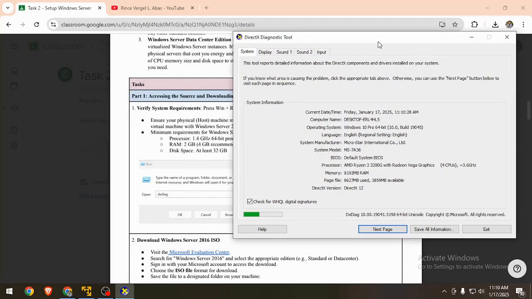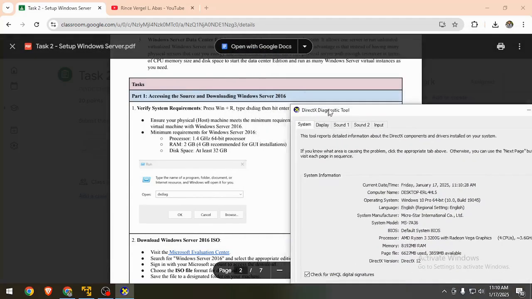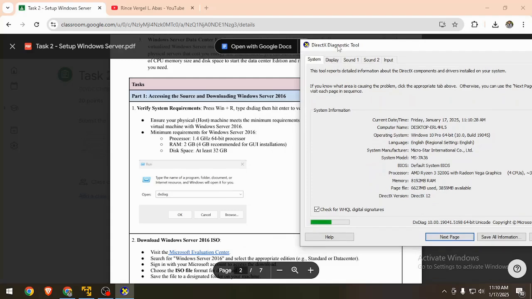As you can see, we can run the minimum requirement for running a virtual machine with Windows Server 2016.